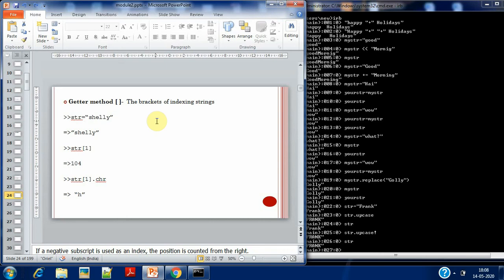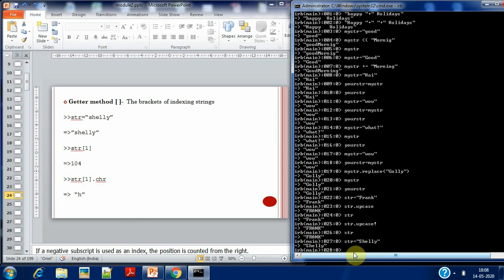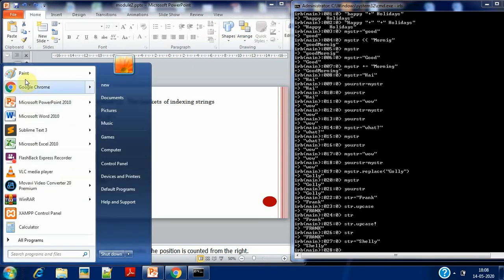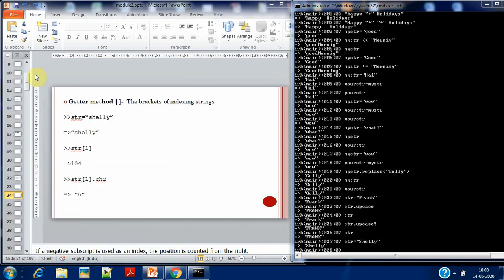So we have str and we'll give the name Shelly. So in str you have Shelly. Now if you give str of 1, I'll just show how it works in Paint. So we'll open Paint.